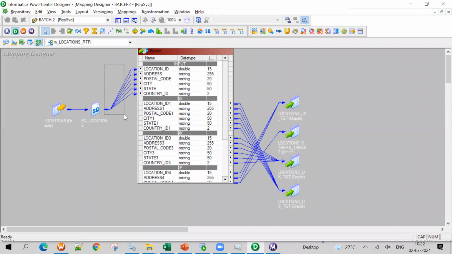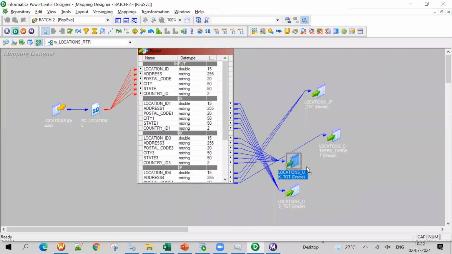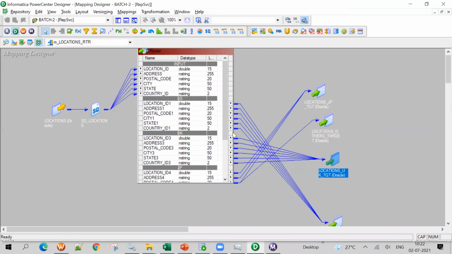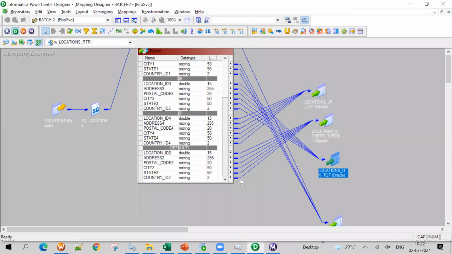The 10 lakh records will come to the router one time and it will segregate them, routing to the other targets based on the conditions you have given. Rather than using 4 filters, we can do it in one router. Instead of 4 filters, you can use one router.